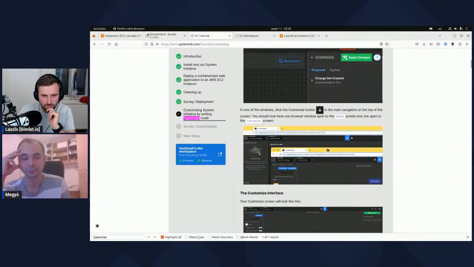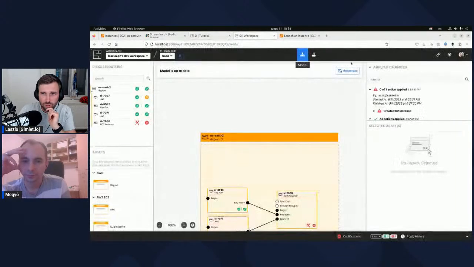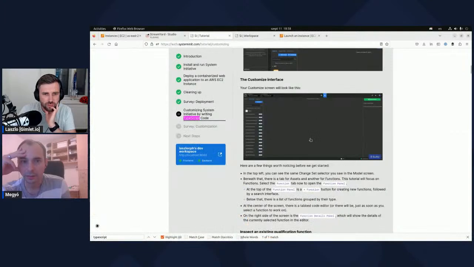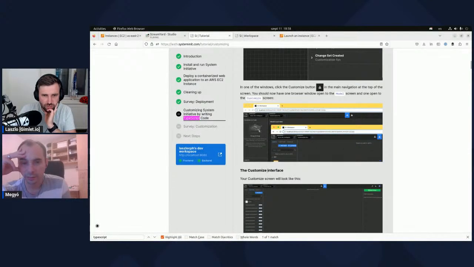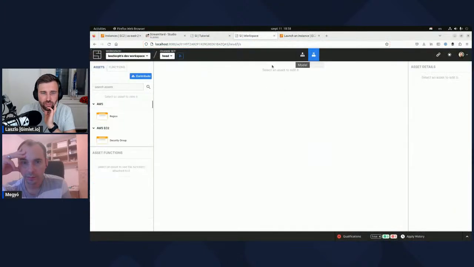Okay. This link? Copy link. That's something else. The customize, it's the lab icon, or what's that? Select an asset to edit a region.